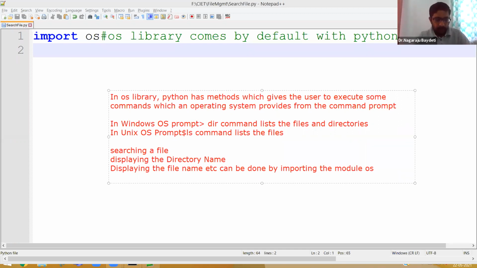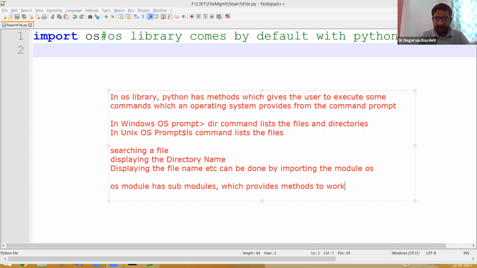The OS module has many submodules which provide methods to work with commands from the command prompt.